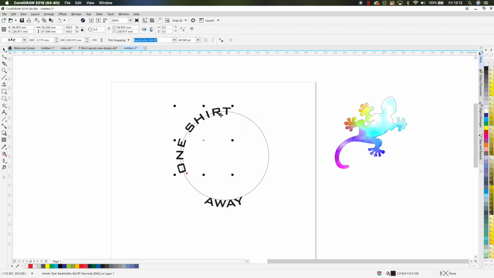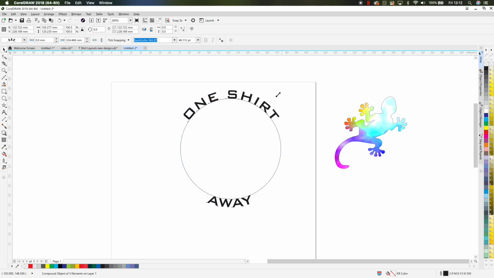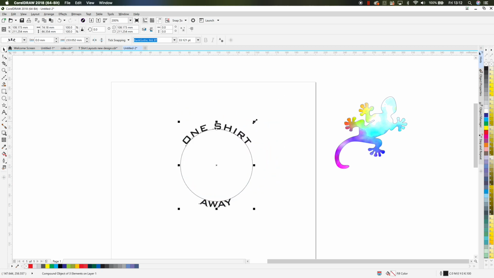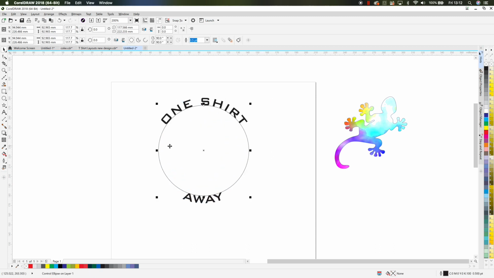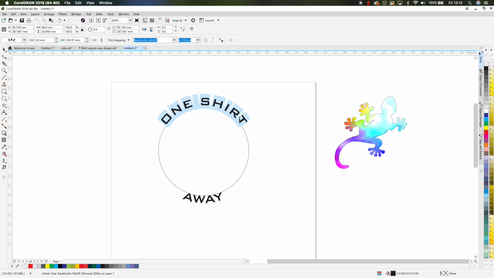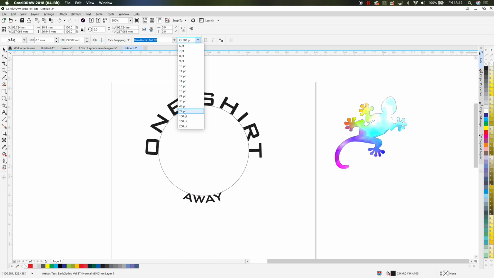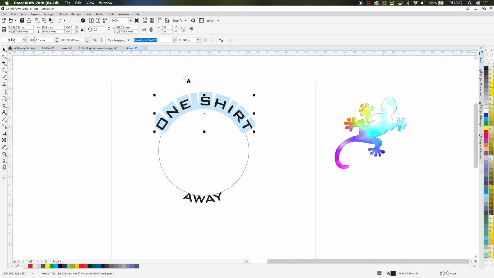And as you can see, whoops, a daisy. As you can see, it scales everything perfectly. But let's just say you want to space this out a little bit more, or you want to make the font bigger. As the font is a component, what we do is basically highlight it and go through and select the font size. If it doesn't quite match and you wanted something in between what's listed there, you can just type in the font size that you want. And again down here, I'm going to highlight that, go up here and press 50, and that'll give me what I need.